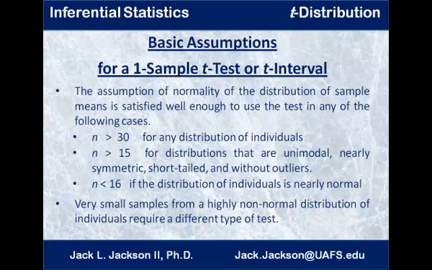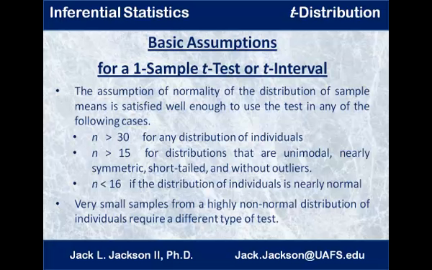If it was highly unsymmetric, that's another thing that could throw it off. So if it's really skewed to one side or the other, that made the situation where it took us a higher sample size. If it's short-tailed and without outliers, that's also good. If there are outliers, they can throw things off. But if it's fairly well behaved, unimodal, nearly symmetric, fairly short-tailed, without outliers, those are really good situations where a pretty small sample size, maybe sometimes even less than 15, we